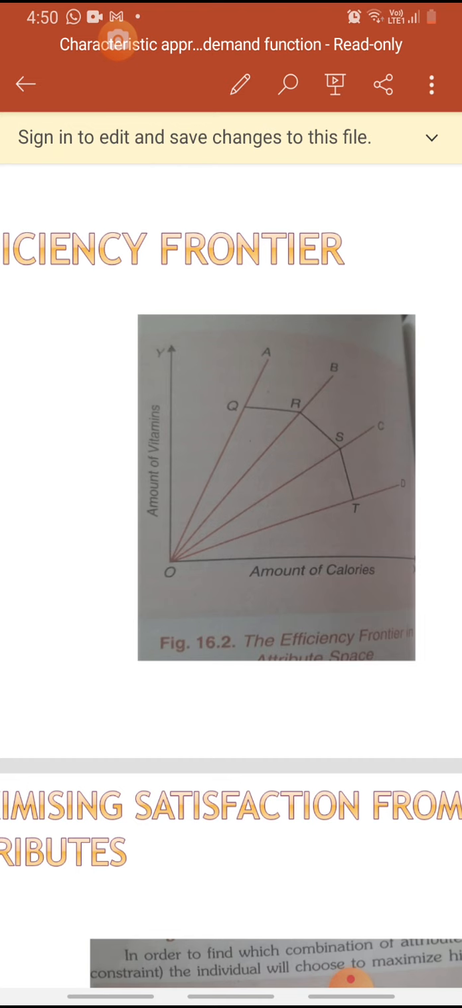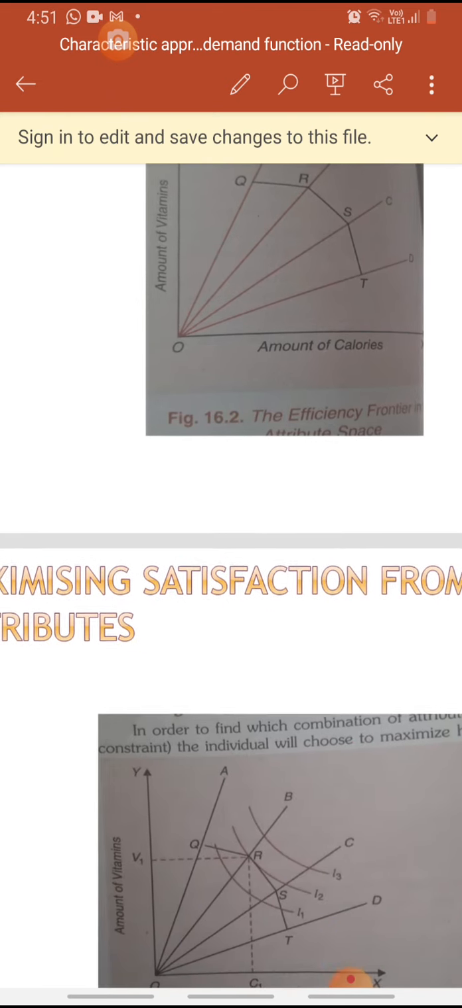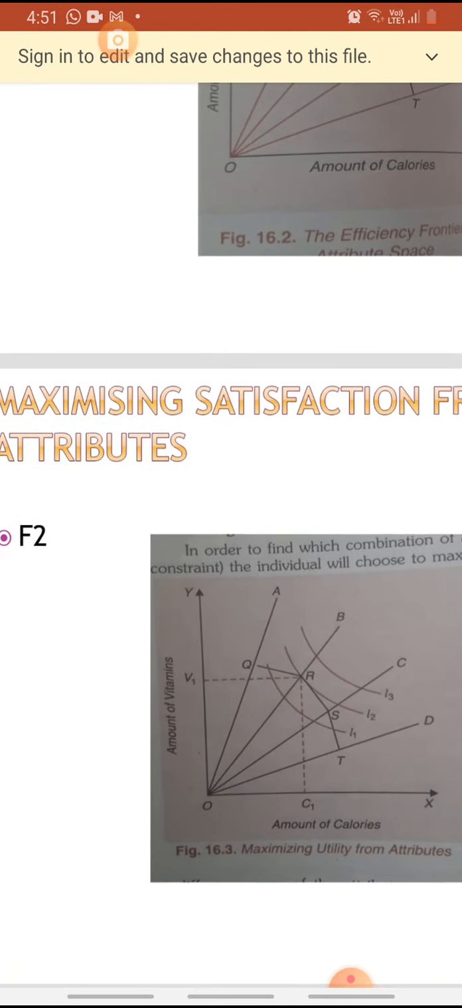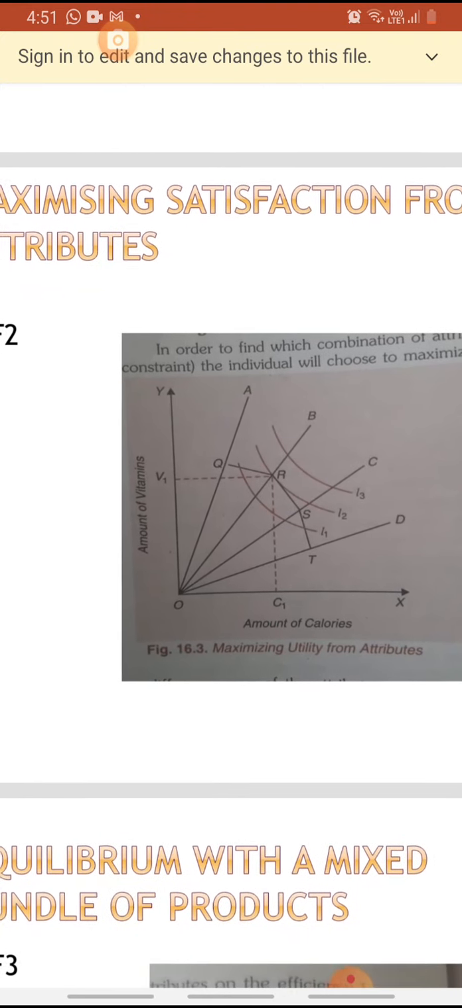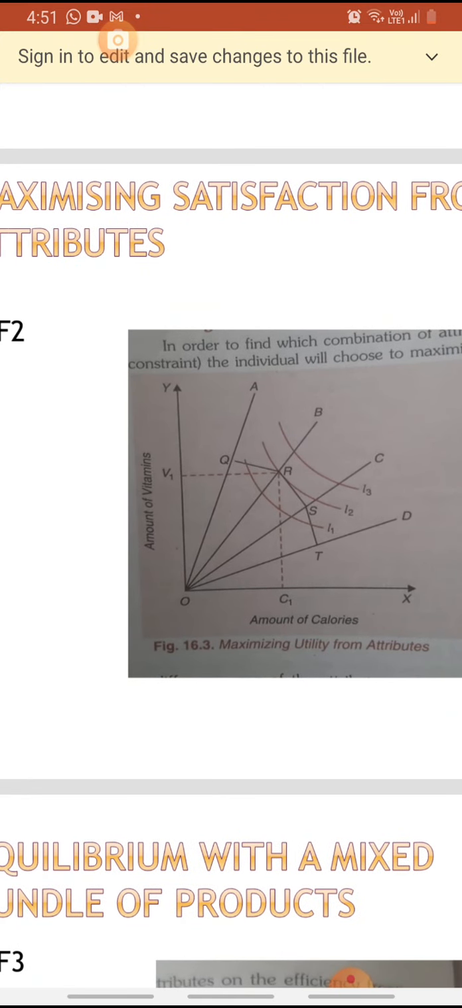So, here QRST, likewise the coming points. QRST denotes the budget frontier or budget constraint or efficiency frontier. For getting the maximum satisfaction from the attributes, we have to draw the indifference curve and efficiency frontier together to get a maximum point. Here there are 4 product rays: OA, OB, OC and OD, and 4 points on these